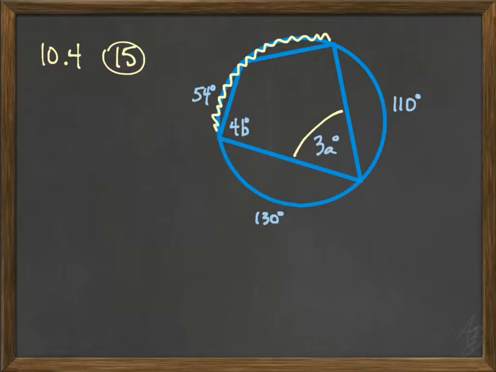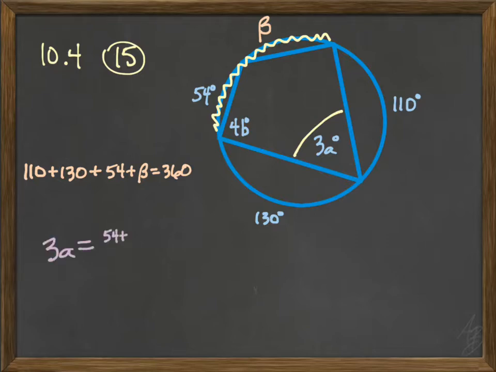Now there is an unknown piece to that arc, so we need to find the value of that, and we can use the fact that all of the arcs in a circle add up to 360 to solve for what I call beta in this problem. Once we know beta, then we can figure out what the measure of that intercepted arc is by adding 54 plus beta, and then we can set up this equation: 3a is half of 54 plus beta,